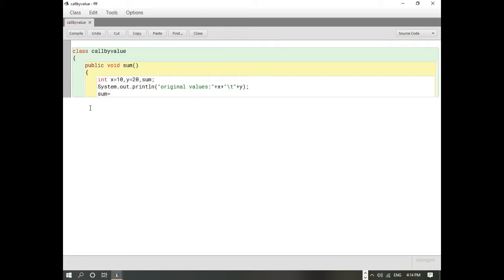Then we are going to find out sum equals to x plus y. And we will print this sum value here.